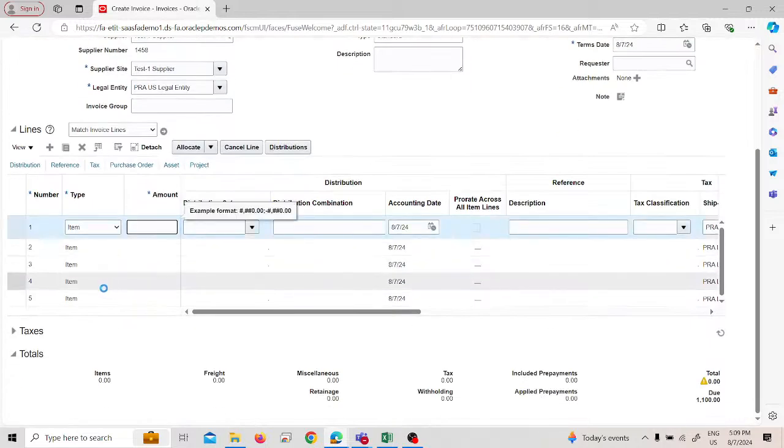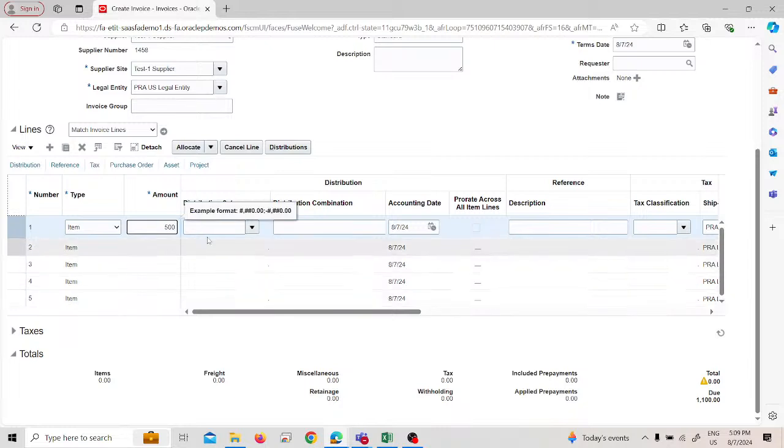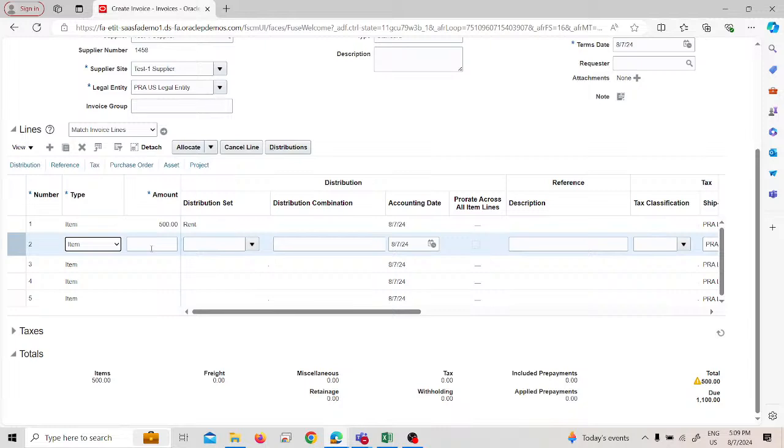Okay, from this, suppose we give $500 to rent. You will select the rent. Okay, next we will give 500 to expenses. So now what about expenses? We haven't given the distribution. Here in the rent we have already assigned 100%. But from here, what we will do, how it will be